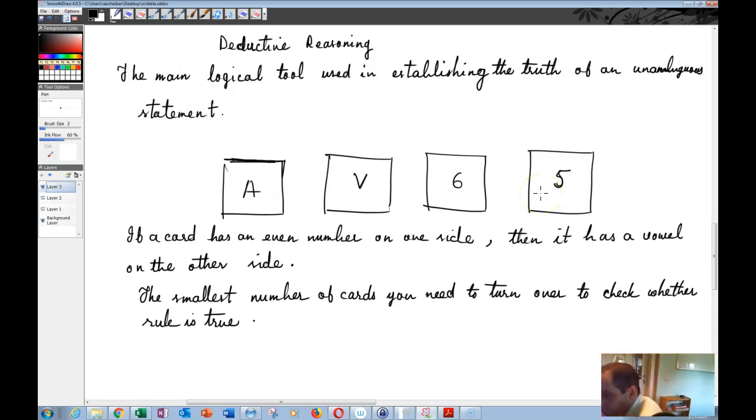But remember that you are looking for the smallest number of cards that you need to turn over, the smallest number. So of course you could turn over all the 4 cards in order to check the rule that you have been given, but since you're looking for the smallest number of cards that you need to turn over,